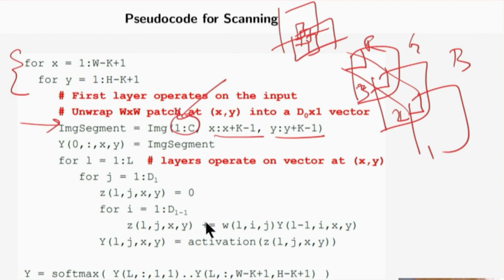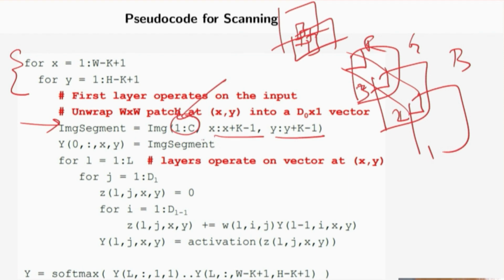We have not vectorized this yet, so for the current neuron I have to extract all the pixels so that I can do the W transpose X. In our case, X is the segment, so we are doing pointwise operations. This i is denoting the number of pixels. You make it into a vector so that you can do an inner product. Okay, so can you see that? So what happened here is that